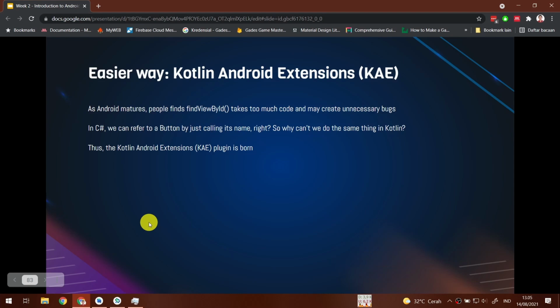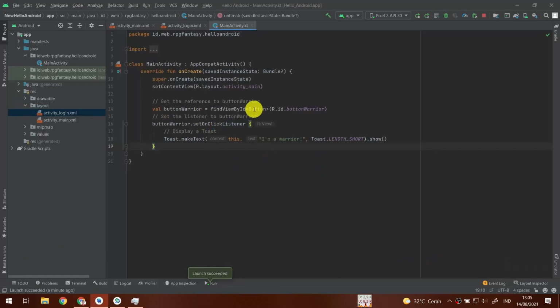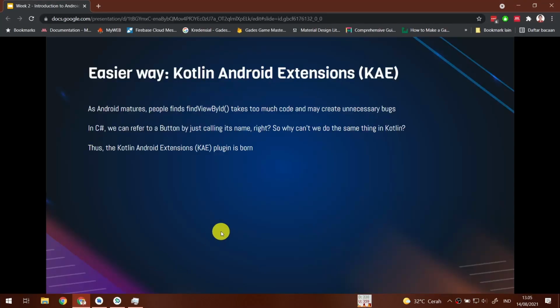Okay, this is the default way of getting a reference to any view. But there is an easier way by using what we call Kotlin Android Extensions, or KAE for short. As Android matures, people find findViewById takes too much code. It takes so much hassle and may create unnecessary bugs. If you remember, in C# we can refer to a button immediately by just calling its name, correct? So why can't we do the same thing in Kotlin? That's why people developed Kotlin Android